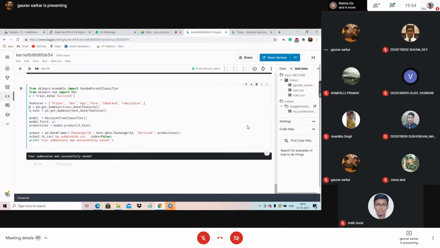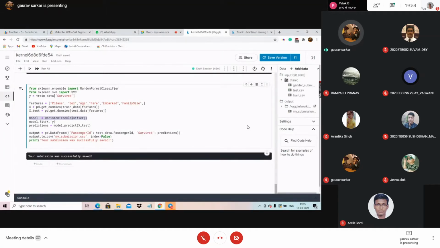Just understand this: x equals pd dot get dummies train data features. Whatever this line does, just accept that this x is the x coordinate on the 2D plane. Now, there is a model, don't go with the name.